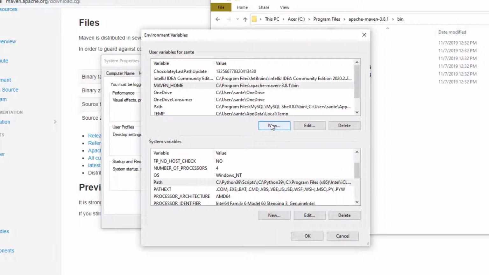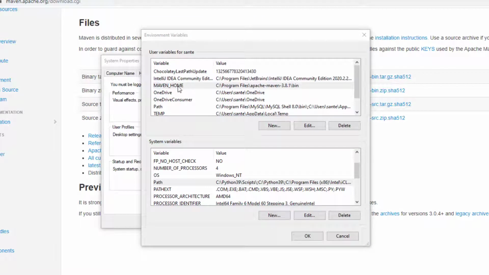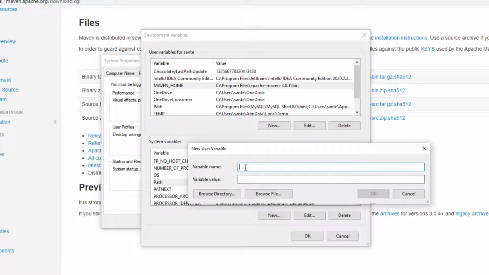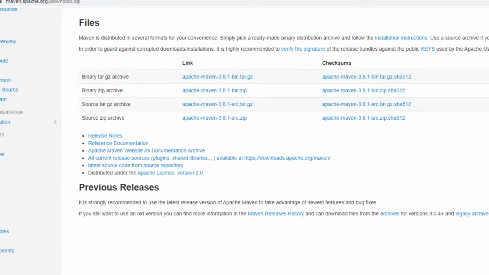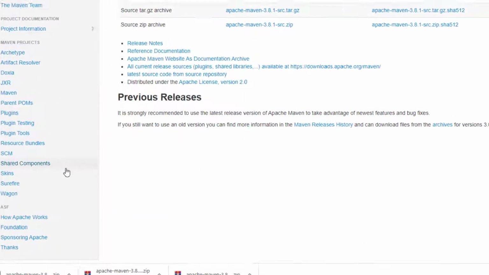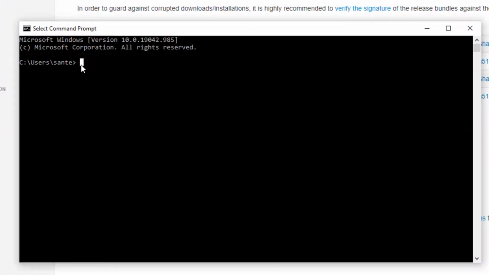And then some systems also use M2_HOME, which I'm going to put here, M with capital letter, M2_HOME, like that, and then bin. So there are some software that read this, and some software read this, MAVEN_HOME. Okay, you have it here, and we have added it already on this path, and okay, then okay, and let's try. Go to CMD. I have my CMD here. I'm going to type mvn